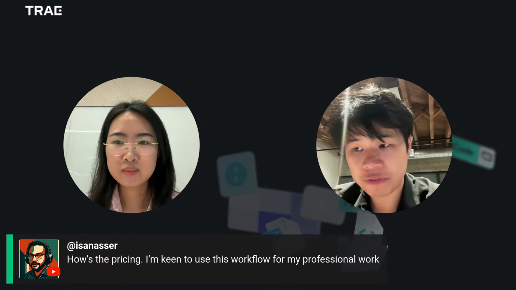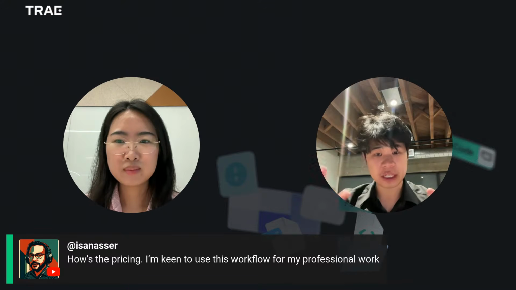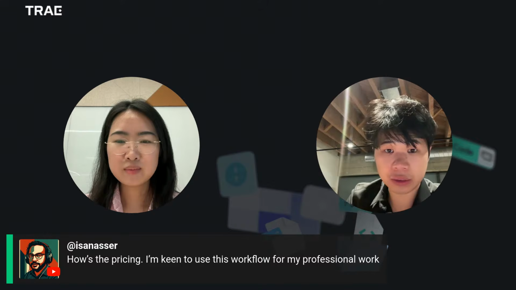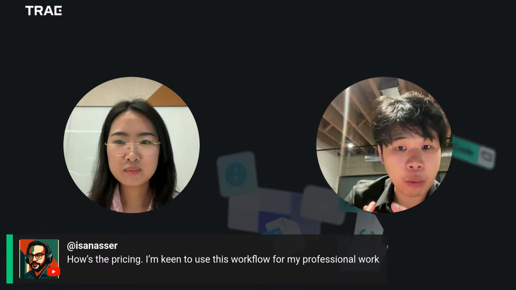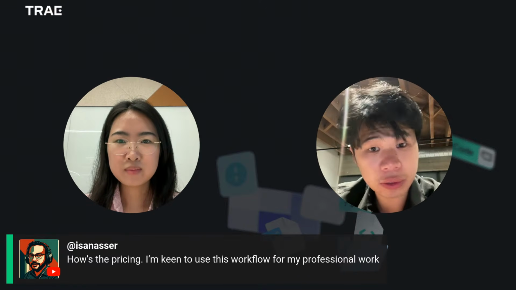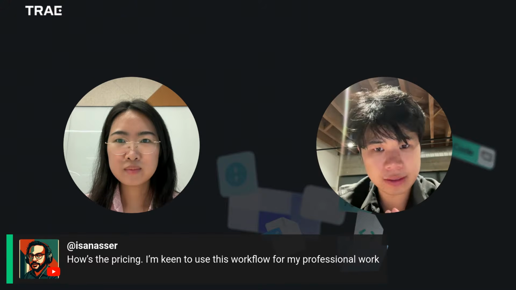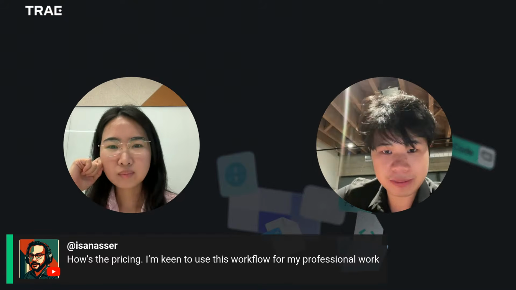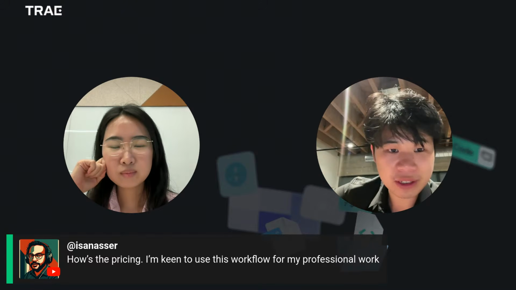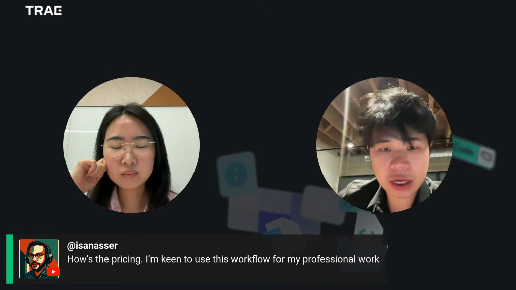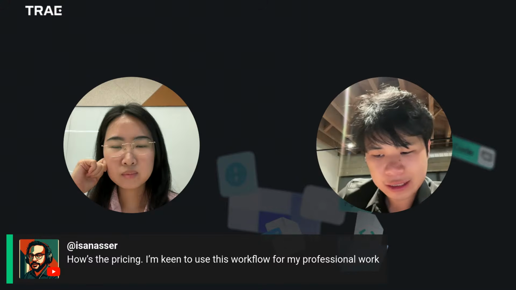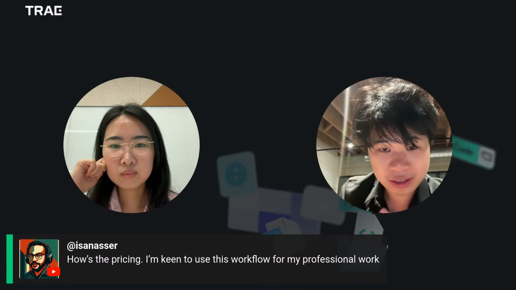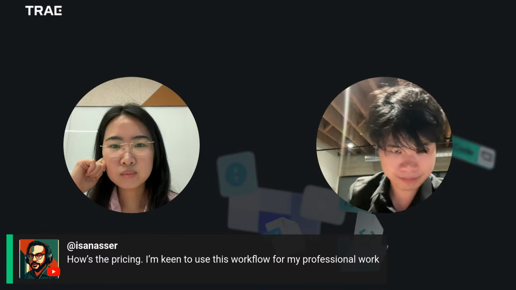Another thing is, for example, we already showed the video editing capability, right? But if you want to literally edit some video, there are two solutions. Number one, you can upload your video to it, so it can do editing. And the second use case is you can use AI to generate a video. In that case, maybe you can connect with their avatar, connect with the HeyGen API, and also connect with OpenRouter, different cloud services, to generate a video. So it will totally depend on what kind of work you want to finish.